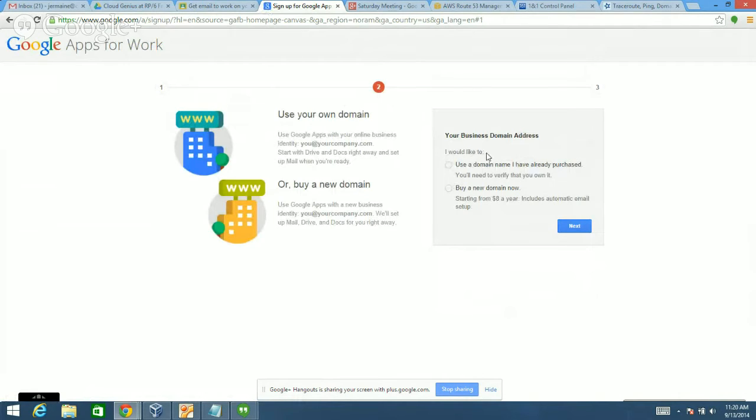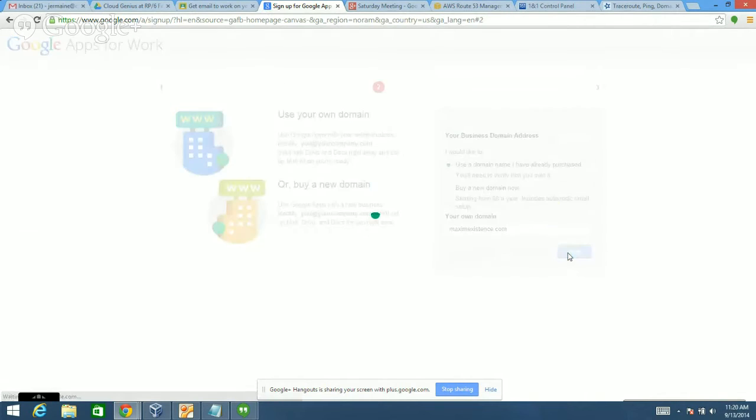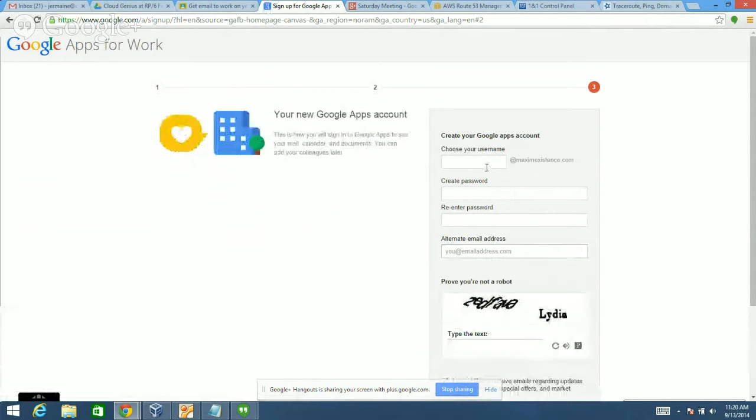So you do not need to buy a domain because you already have it. You will need to verify that you are the owner of your domain, maximexistence.com. And then this verification happens through, I want to make sure that you type in your password correctly and you save it so that you remember it. So I don't want to talk right now. I'll let you finish this. Make sure you create a password and save it safely.